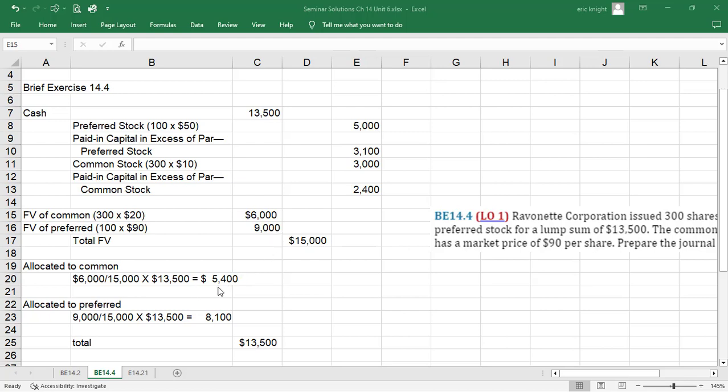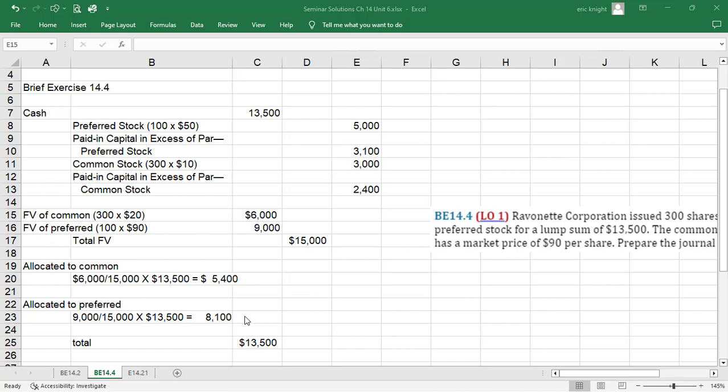So what we're going to do is just allocate it based on the market value of each of the types of shares. Since 6,000 of the market value is common, we're going to do 6,000 of the 15,000, and then we get a percentage, and then we multiply that by the 13,500. Then we'll do the same for the 9,000: 9,000 divided by 15,000, get a percentage, and multiply that by the 13,500. So that means that of the 13,500, 5,400 will go to common, and 8,100 will go